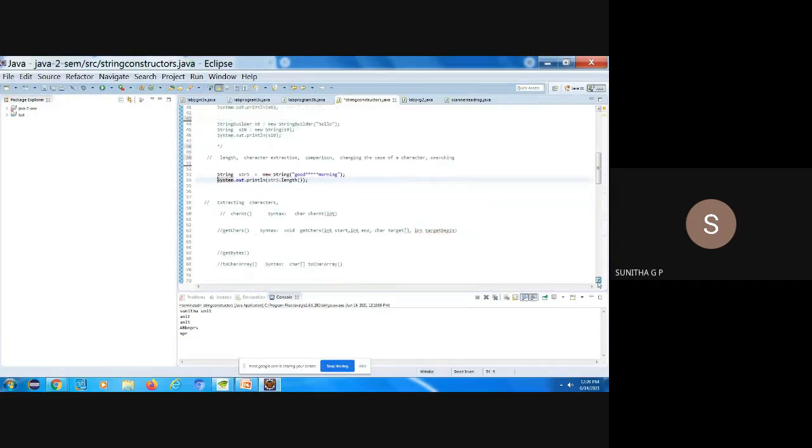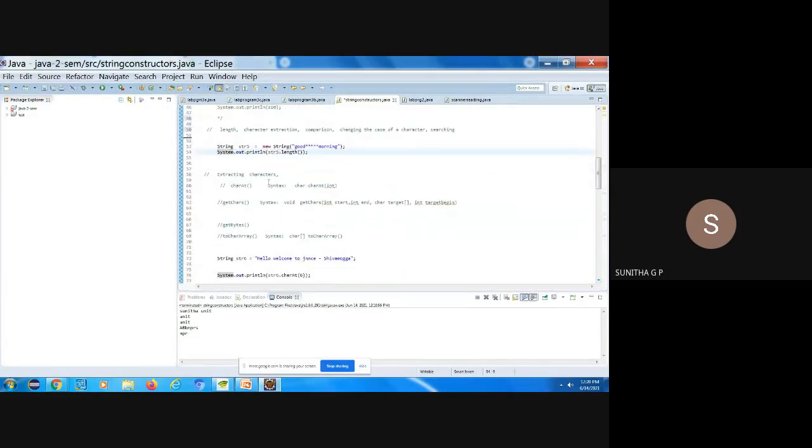Next, these are the ways we have to extract characters from a given string. To extract characters from a string we have four methods: charAt, getChars, getBytes, and toCharArray. Using charAt, from a given position in a string, a single character will be extracted.